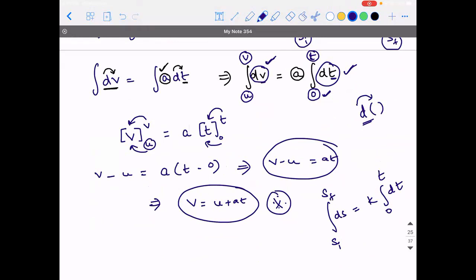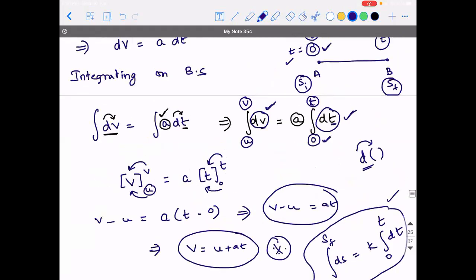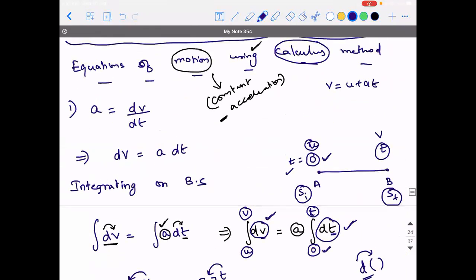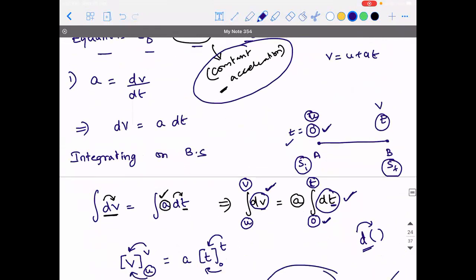Anyways, this is going to be our next derivation, so we'll discuss this in the next class. But before that, revise this and come so that you'll understand things better. As I told you, as of now, accept that the object is under constant acceleration. In the next class, after I complete the derivations, I will explain what will happen when the acceleration is not constant, so that you'll understand things even better. Any other doubt from today's class?